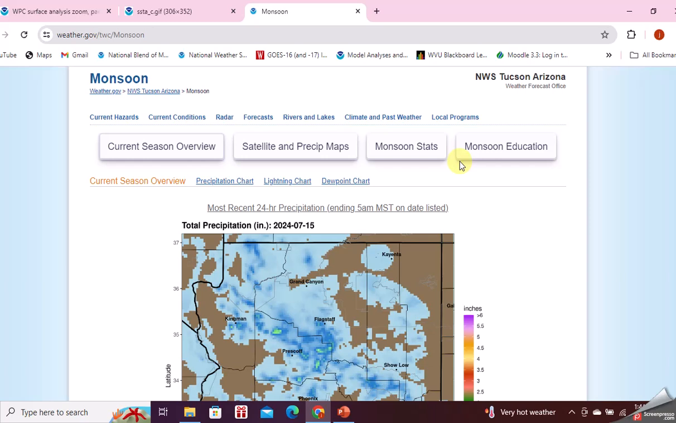What happens is you wind up pulling moisture in from the Gulf of Mexico and the southeastern Pacific into the area where the low pressure is, which then flows up into places like Arizona, southern parts of California, New Mexico, that area. Yes, it's not going to be strong all the time, but it lasts a lot of the summer